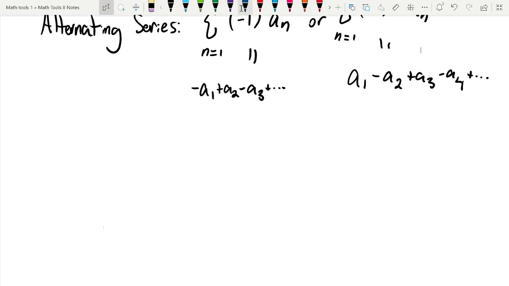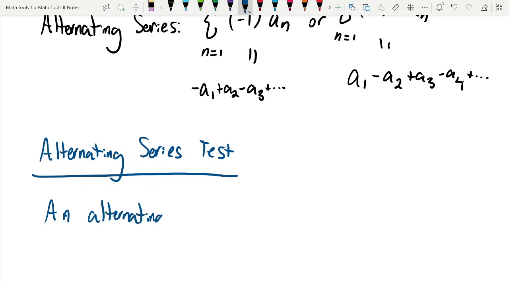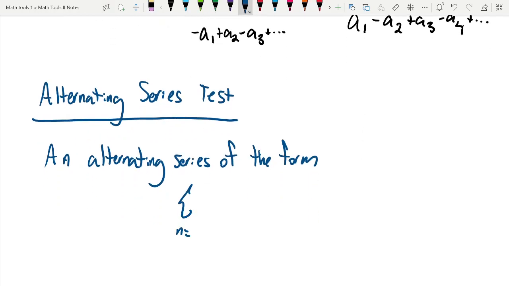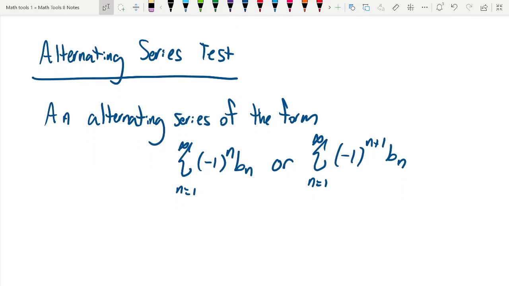So this is known as the alternating series test. And it only requires basically one extra condition. So an alternating series of the form, as we just wrote up above, n equals 1 to infinity of negative 1 to the n of b sub n. Books often like to use b sub n for alternating series instead of a sub n. Not entirely sure why they like to change it, but so one of these where you have b sub n